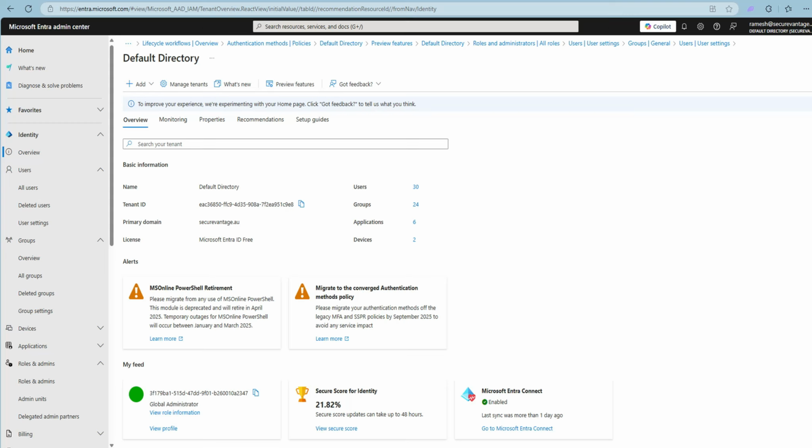If your organization is using Microsoft Entra ID free license, your security hardening options are limited compared to P1 or P2 licenses. However, this does not mean you should leave your tenant vulnerable. You still have essential security controls that you must enable immediately to reduce risk. As soon as you recognize that your tenant has a free Entra ID license, your first priority should be enabling